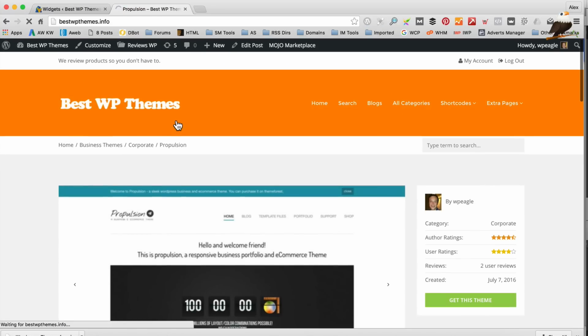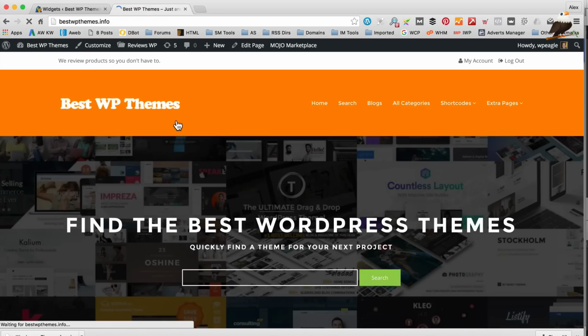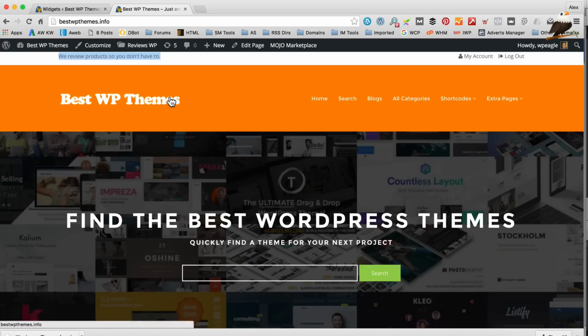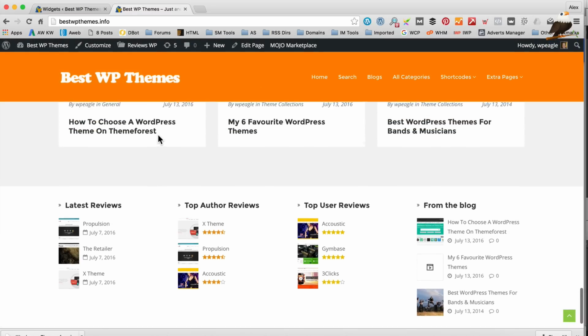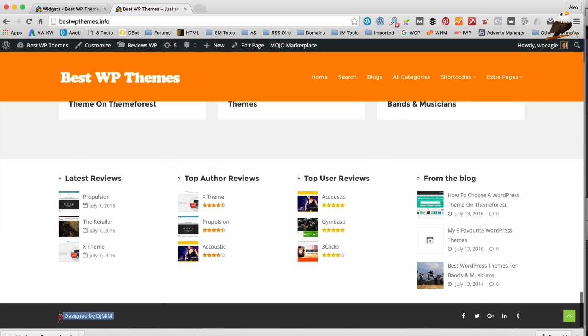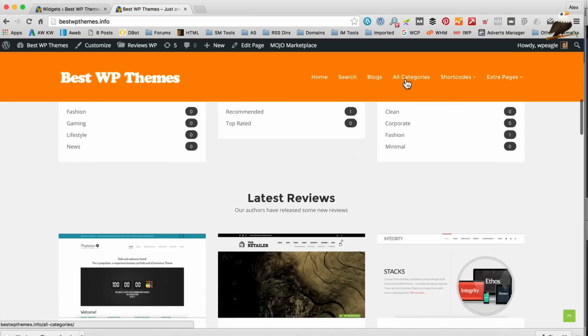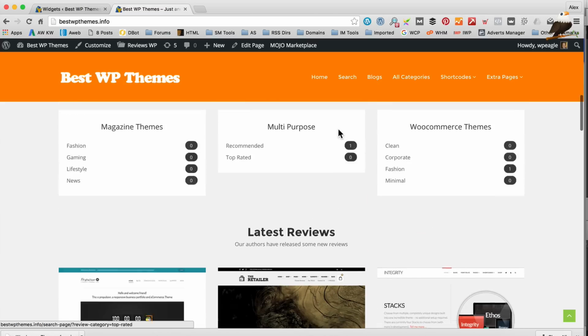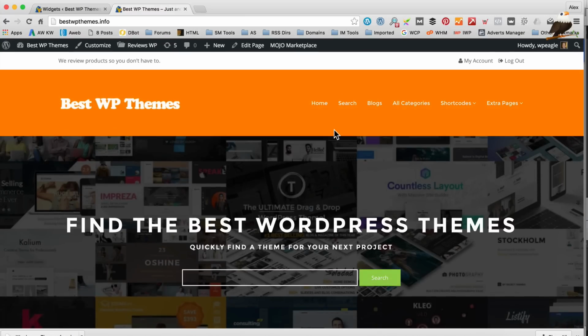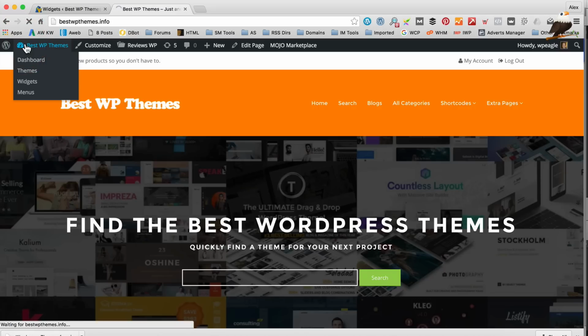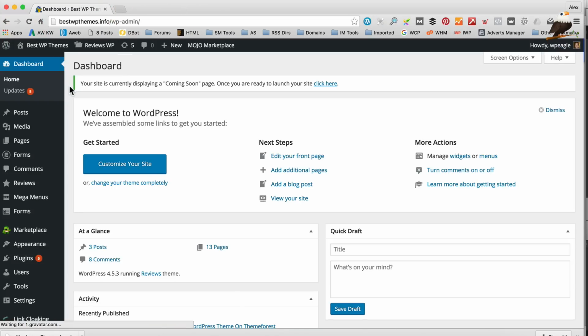Okay, so that sidebar's done. There's a few other little bits and bobs that I want to tweak. So, for example, this line here, I want to change. And I want to change this footer here, and we need to obviously adjust this menu as well, and put whatever we want up there. So let's do that now. So if we go back into the dashboard, I'm just going to close this tab. So where we are,